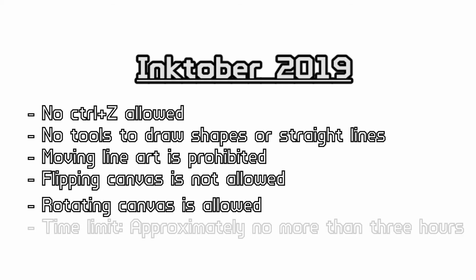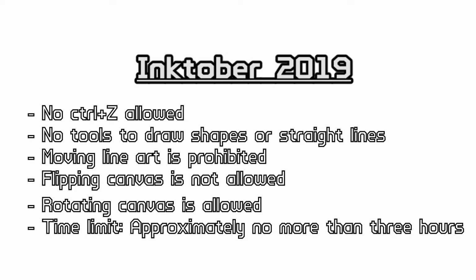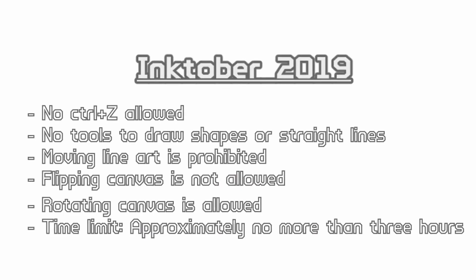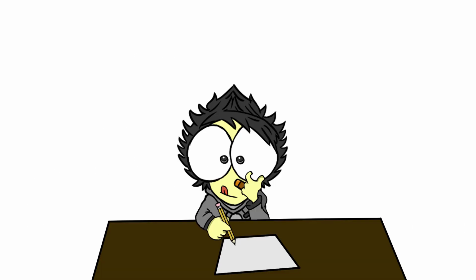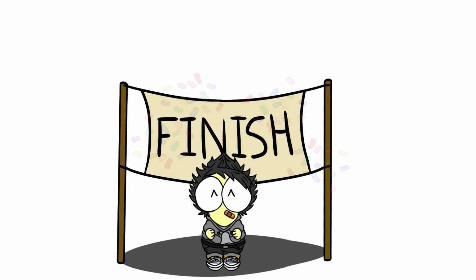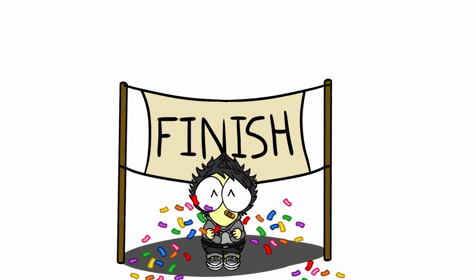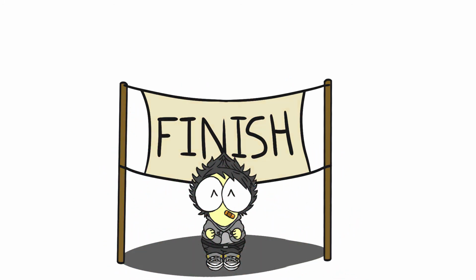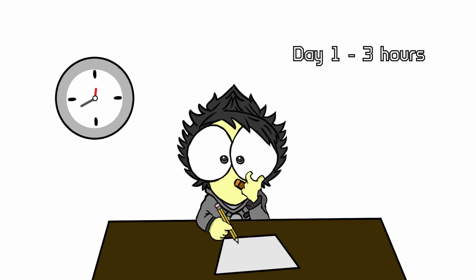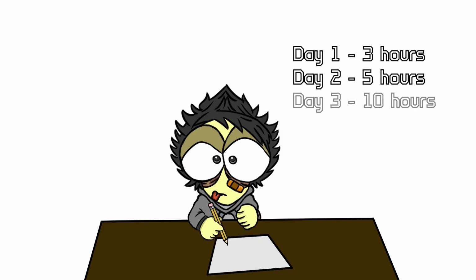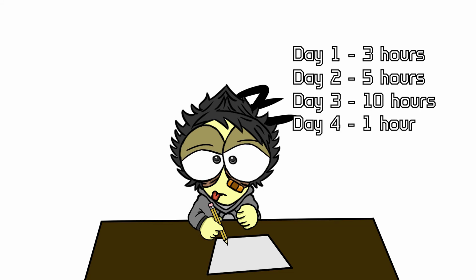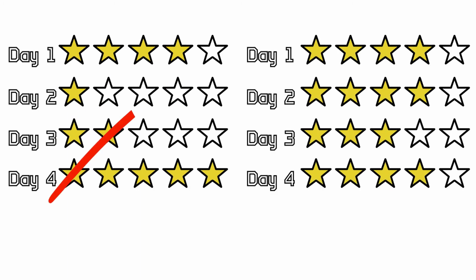And finally, I've given myself around 2 to 3 hours for each prompt. It's fine for me to go over slightly, it's not the end of the world, but since it's my first time, I want to pace myself and reduce the amount of time drawing to ensure I actually finish the Inktober challenge, because drawing for 31 days is a marathon, not a sprint. So we've got to take things a day at a time. Baby steps. I don't want to spend far too long on one day and then overburn or feel too tired and exhausted from the previous day and spend little time on the next day. I would rather be consistent than inconsistent, basically.